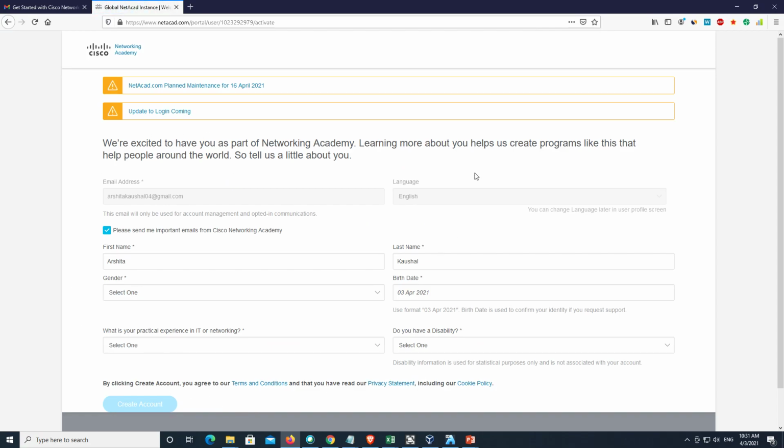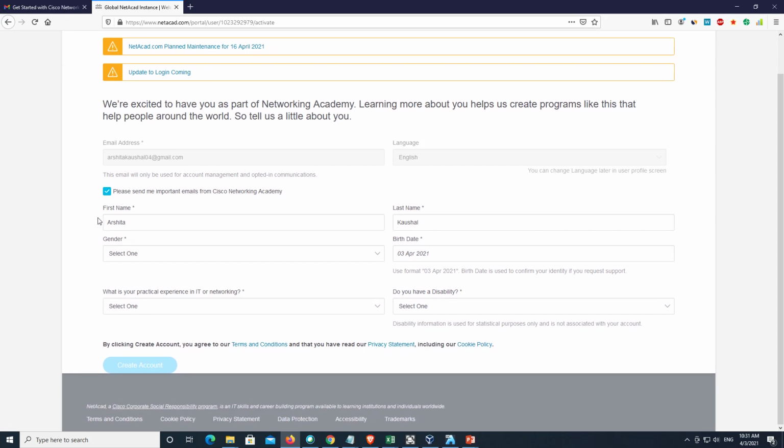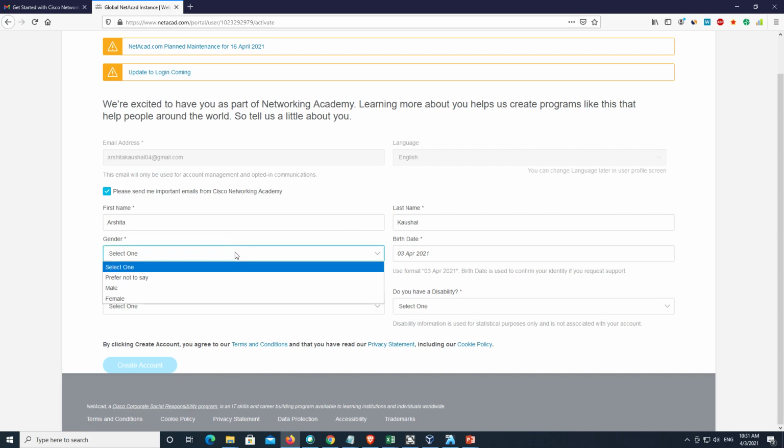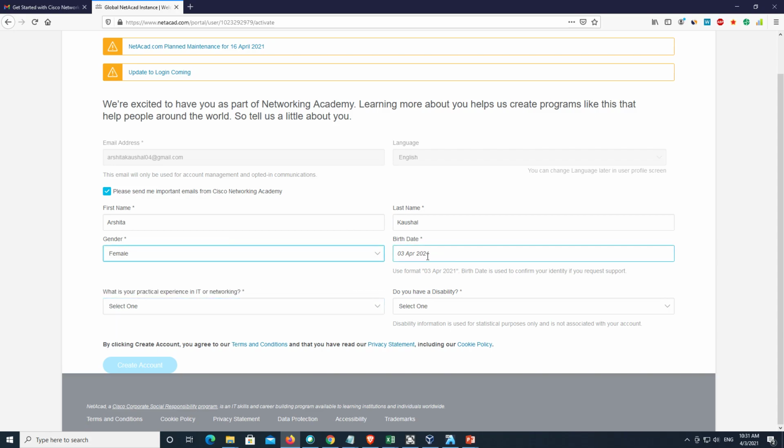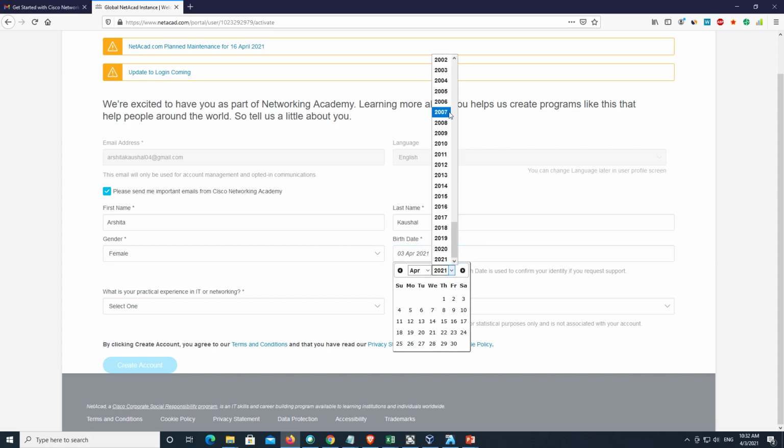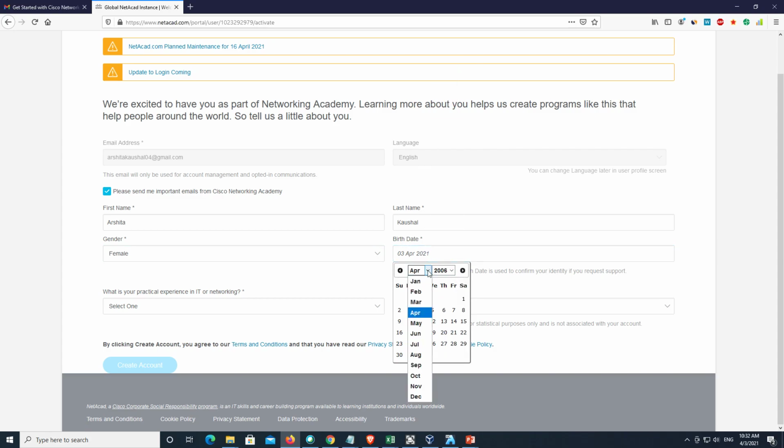After login, you will get this page of Cisco Networking Academy, in which the first page is your profile. You just need to update the profile information: first name, last name, gender, and date of birth.